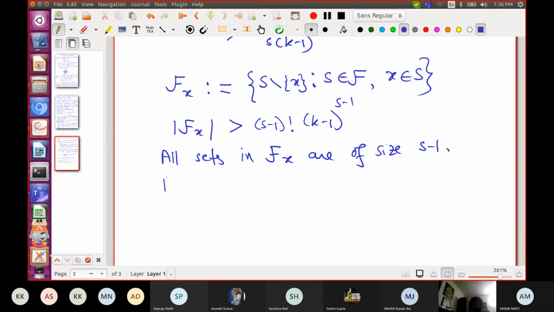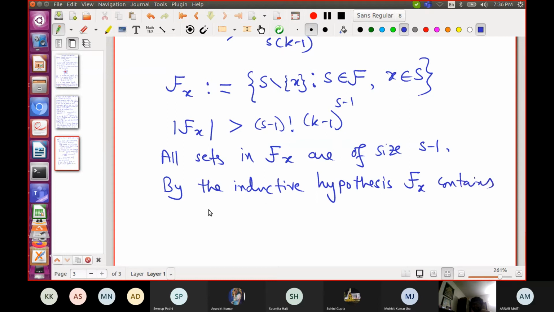So by the inductive hypothesis, Fx contains a sunflower, let's call it S prime 1 through S prime k, with k petals.